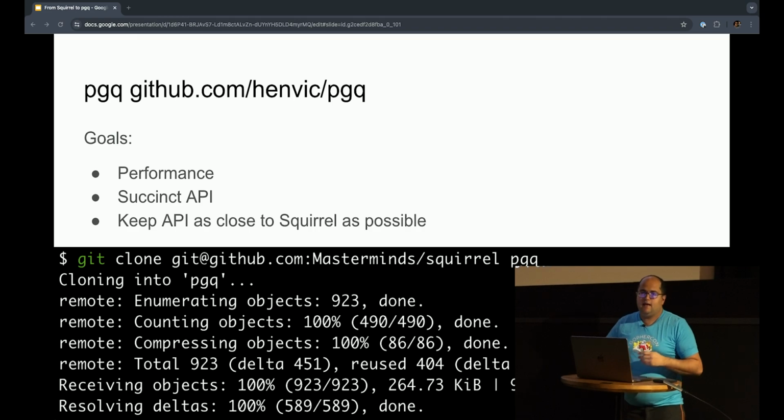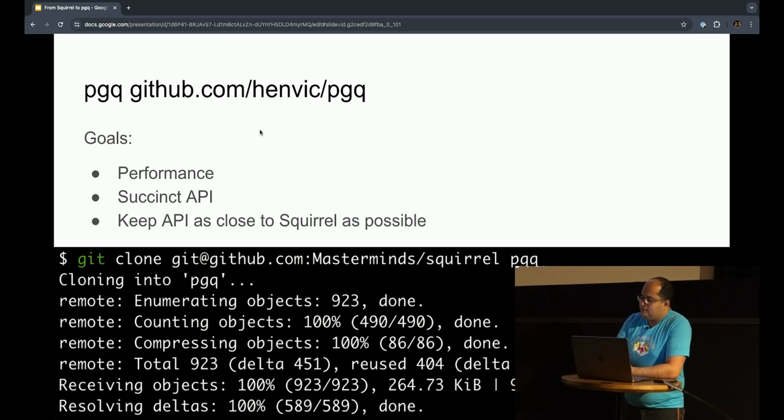I decided that I wouldn't necessarily follow the Squirrel API, but if possible, I would do so. So I changed a few things here and there, like I introduced a few methods, removed some others that don't make much sense, and so on.